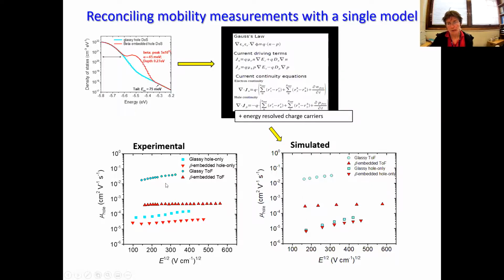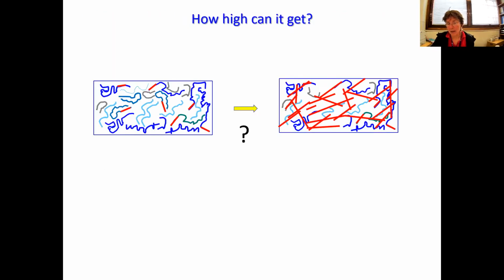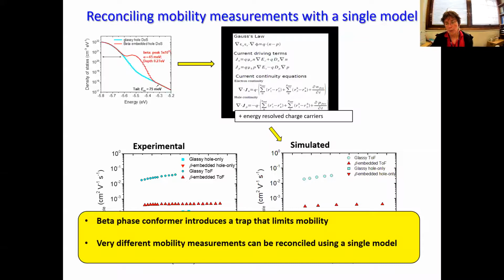So in both cases, the beta phase reduces the apparent hole mobility, and by a different degree depending upon the type of measurement. So that was really the message from the first part of the talk, that a beta phase conformer introduces a trap that limits mobility, and different mobility measurements can be reconciled using a single model. So then